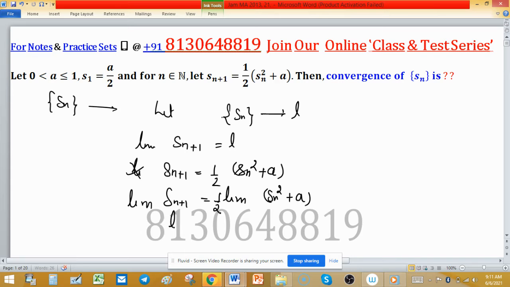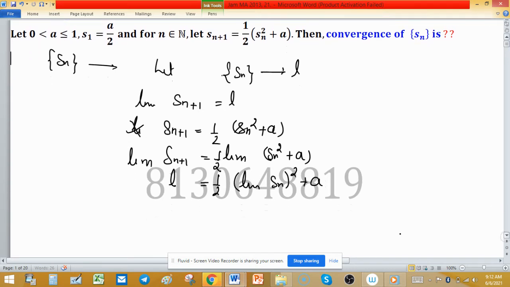We have L equal to half limit of Sn square plus a, because a is constant. So this is L equal to half L square plus a, and this one can be written as L equal to L square by 2 plus a by 2,